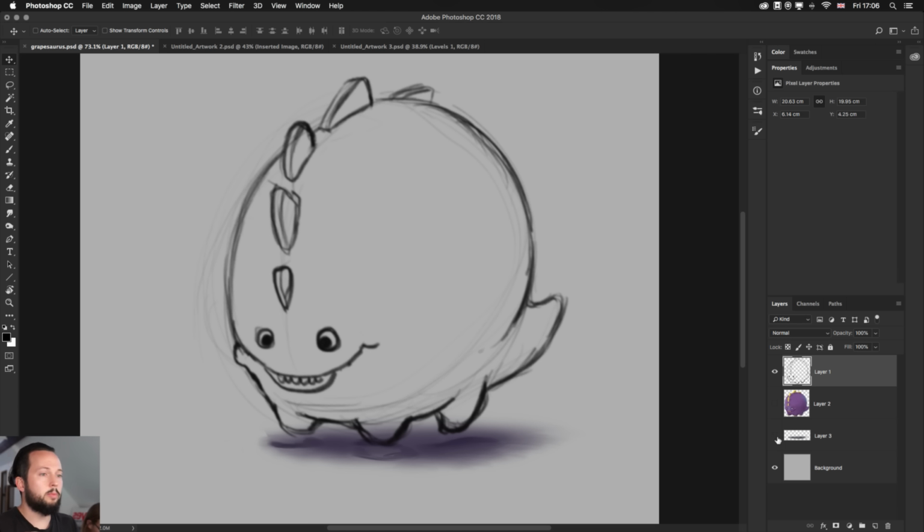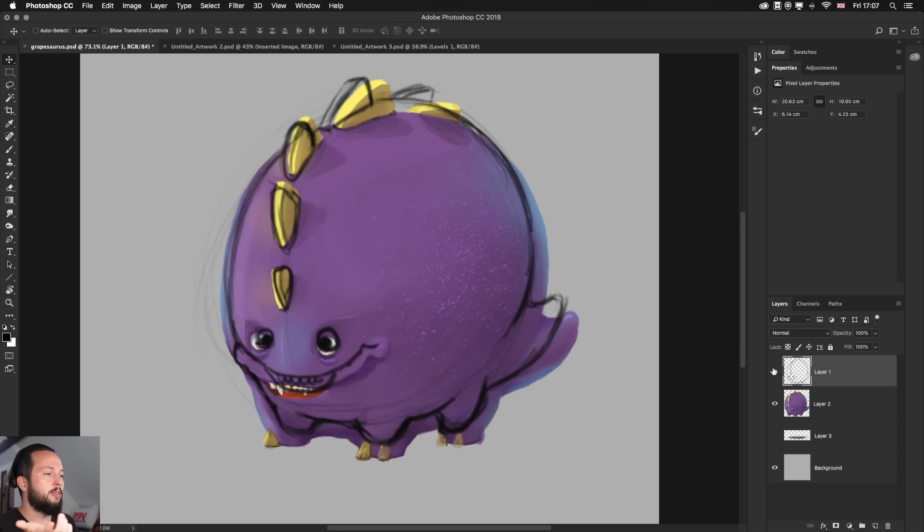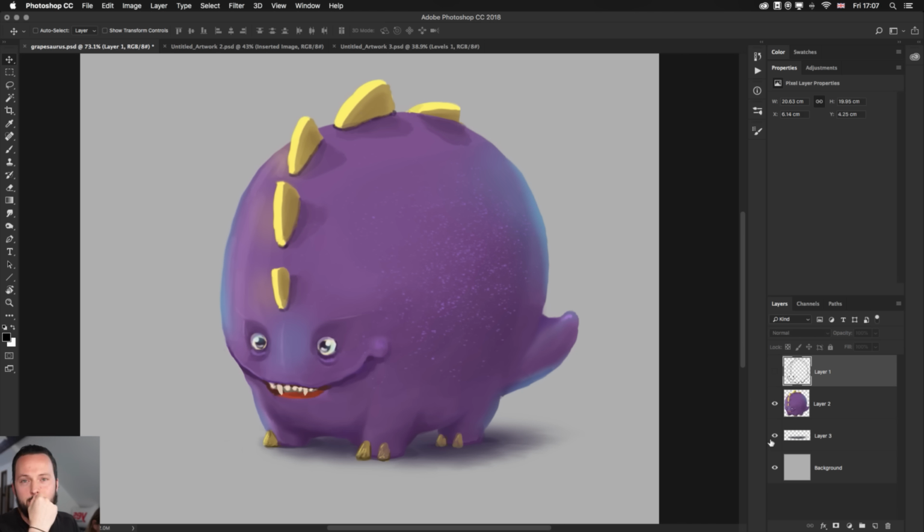That was the original concept that I came up with, to have this very simplified shape, more like a big grape or something like that. Yeah, and then just put the features on it and make it look like a little dinosaur. The reason I chose a simple one is because it's easier to explain the techniques on this, but even this will take some time to produce and recreate in Illustrator. I will be doing it from scratch, but here's an example roughly how it's going to look in Illustrator.